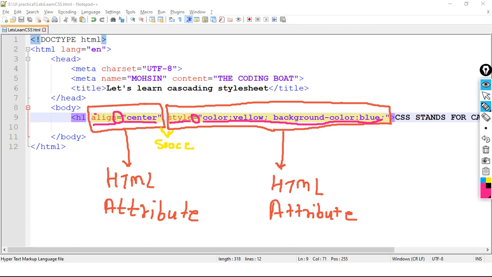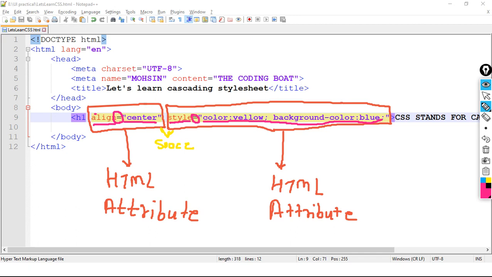So this is the way of writing multiple attributes of HTML. We write the name of the attribute, equal to symbol, and within double quotes the value. Then if we want to use one more attribute of HTML, we give a space and then write the name of the attribute, equal to symbol, and in double quotes the value of the attribute. This is the way of writing multiple HTML attributes.